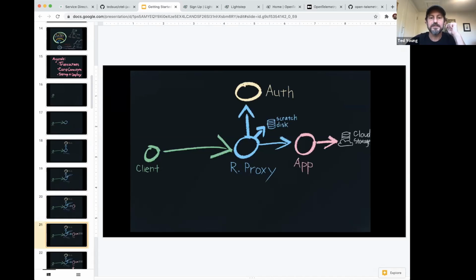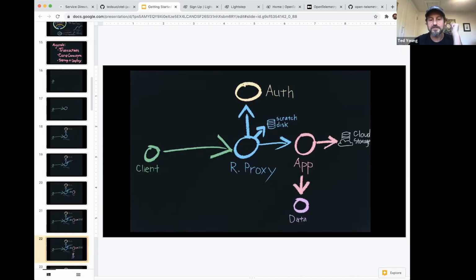The application might then take that image off the scratch disk and throw it into cloud storage, and then contact a data service, and write down where it put the image in SQL and cache it in Redis.